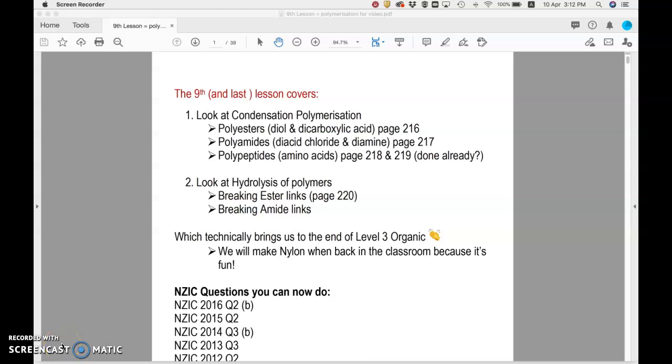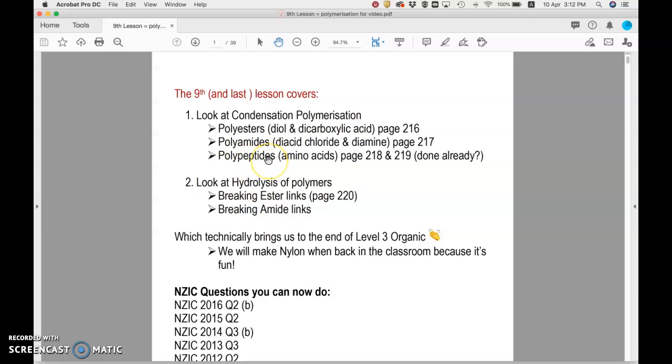This video covers condensation polymerization, which is the type of polymerization you need for level 3. I'll do a quick recap on the level 2 addition polymerization, but then I'll go into this condensation polymerization. What we're going to cover in level 3 are the formation of polyesters, the formation of polyamides, and the formation